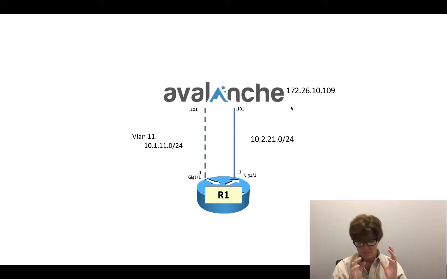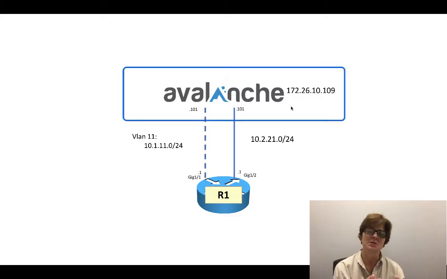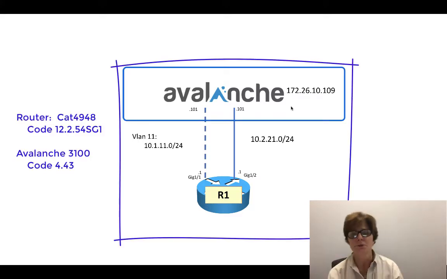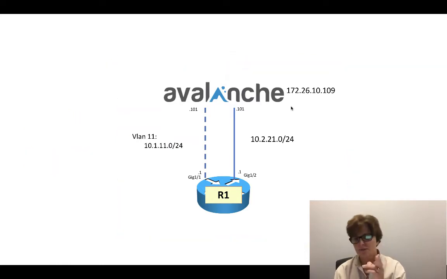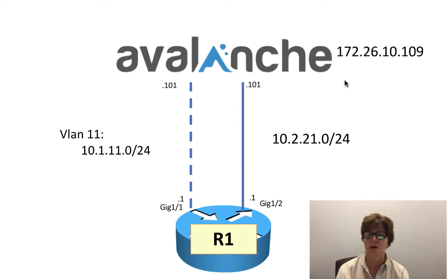So I have an RDP that I'm going to session into, where the application resides. The Avalanche is an appliance that's in the lab in the other room. I've got a router, and in keeping with how I do things, if it's a dash line, that's a trunk port. If it's a solid line, that means it's just layer 3. The reason I do that is so that with the file I'm creating, people can see what it looks like to have a VLAN and also what it looks like to not have a VLAN.